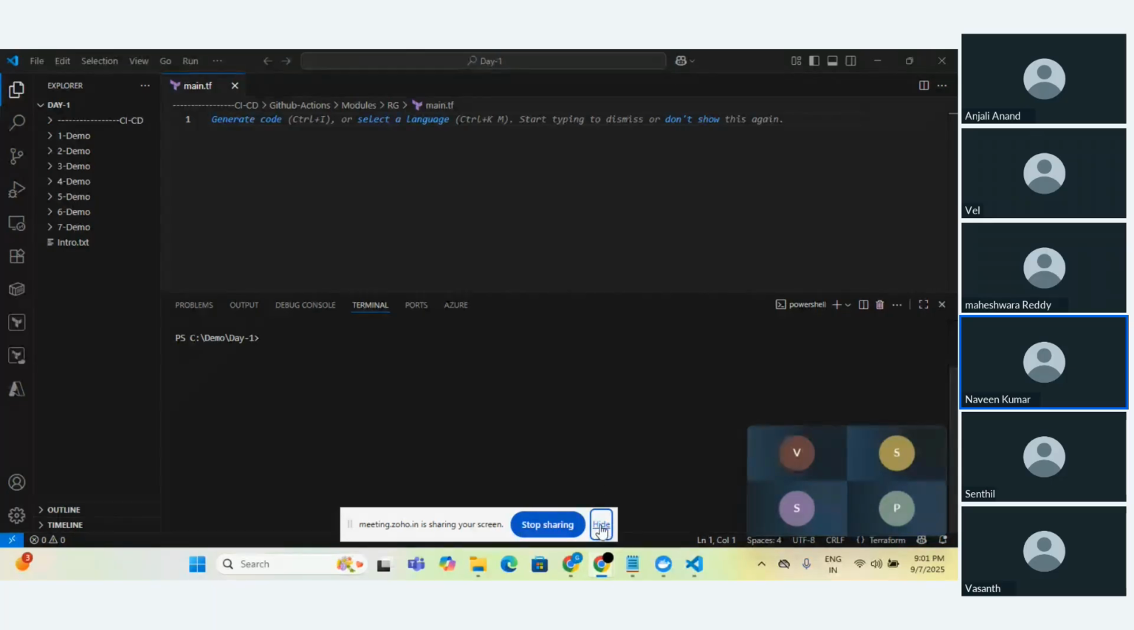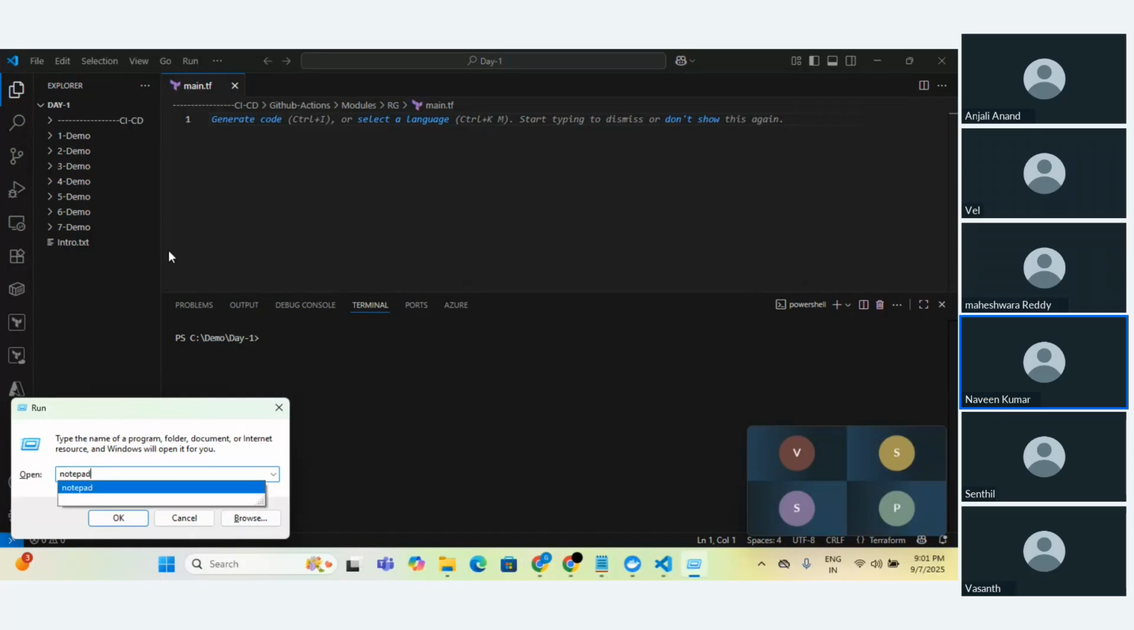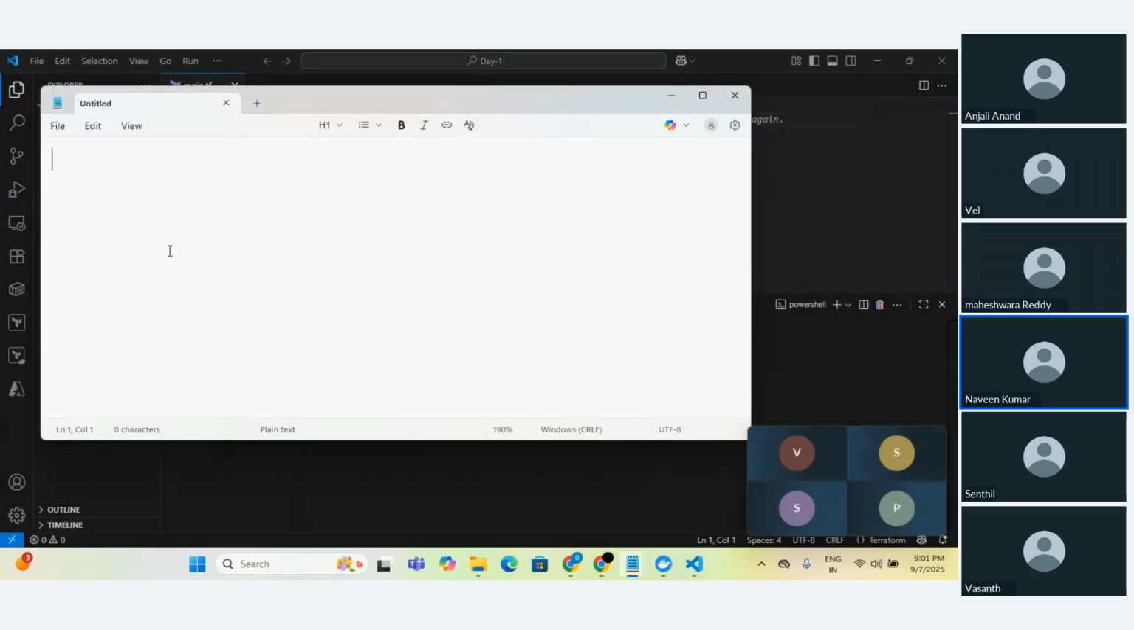So we'll have a quick recap of what we discussed yesterday. Yesterday we started with cloud basics because we had some folks who were new to cloud. Then we talked about what is IaC and Terraform, then setup. We saw how we can do the setup, and then